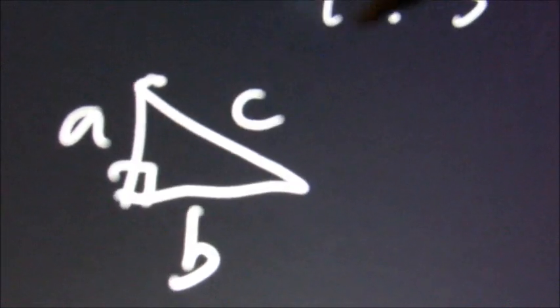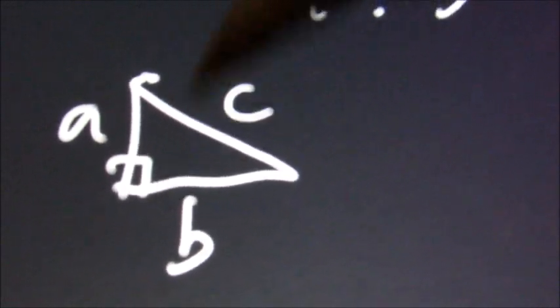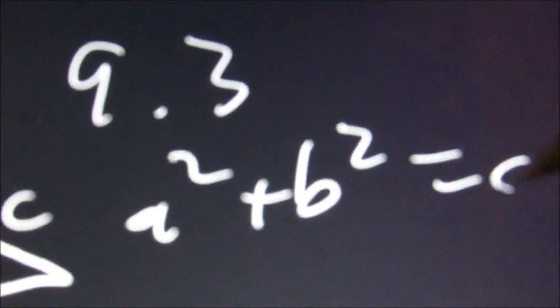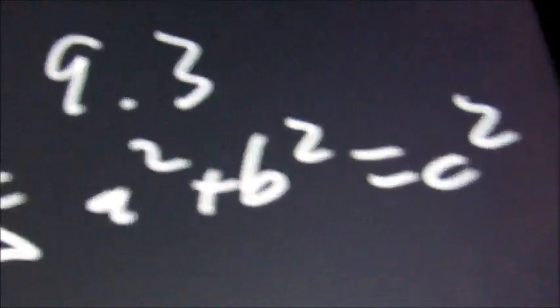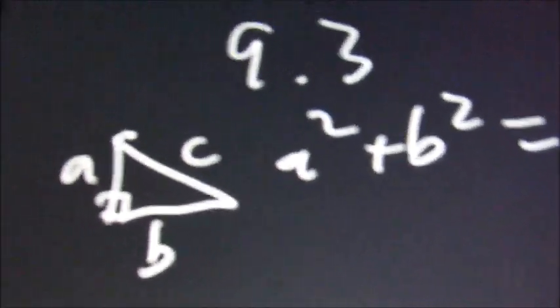These are labeled, the sides are A, B, and C, where C is what's called the hypotenuse, and it's always opposite the right angle. And the way to figure the sides out is that A squared plus B squared equals C squared. So you're always going to be given two sides of the triangle, and you're going to have to find the third. So for instance,